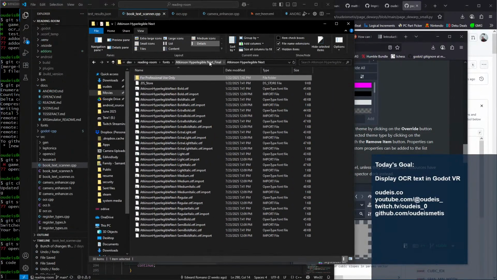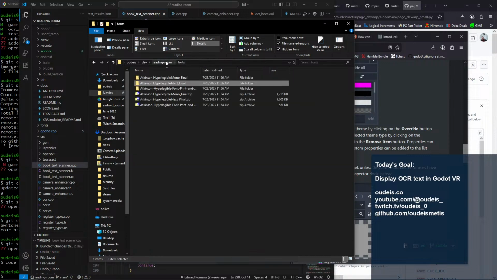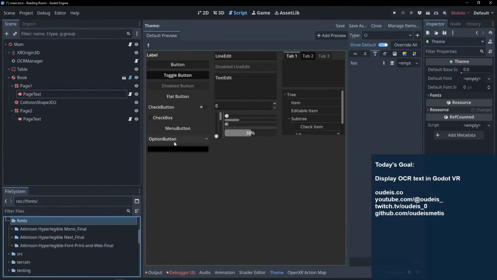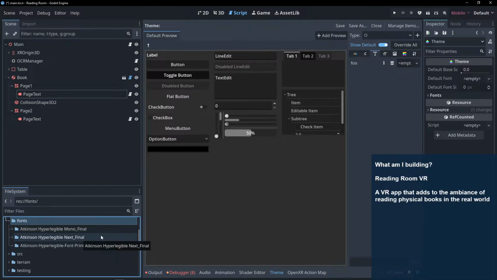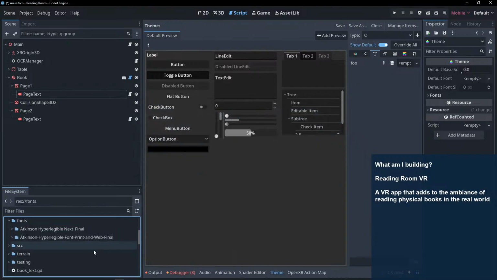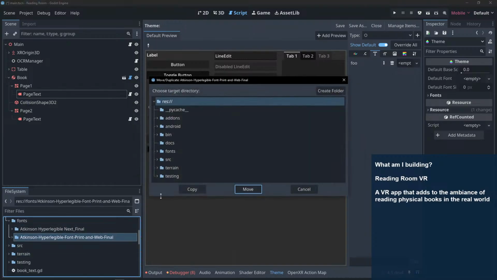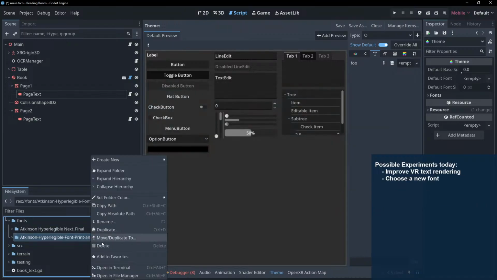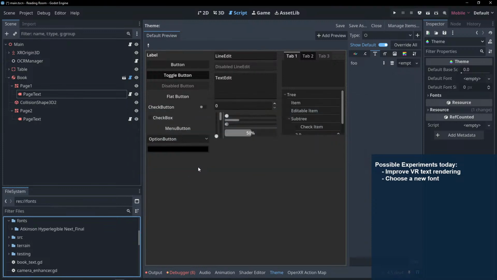Fine. I'm nervous that Godot is going to break things. So, you know what? I still have the zip folders, so that's fine. I was going to add a GD ignore file and then move them rather than delete them, but I don't need to move them because I have the zip files. So I can just delete. And then delete. Cool. And now if I do quick load,